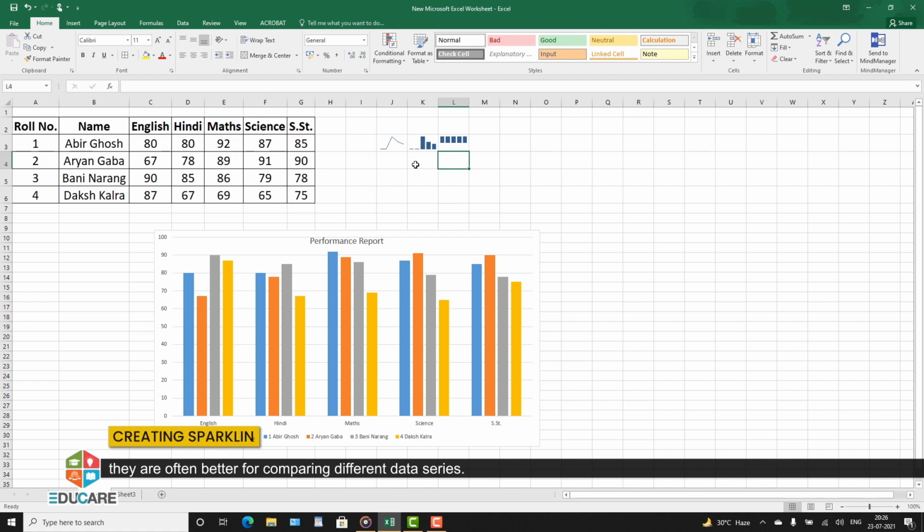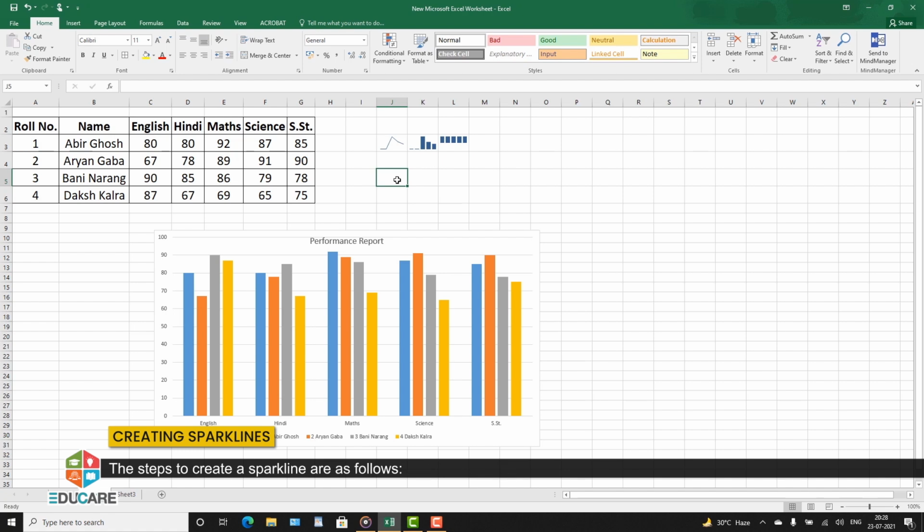Creating sparklines. Generally, you will have one sparkline for each row, but you can create as many as you want, and that too in any location. Just like with formulas, it is usually easier to create a single sparkline and then use the fill handle to automatically create sparklines for the remaining rows.